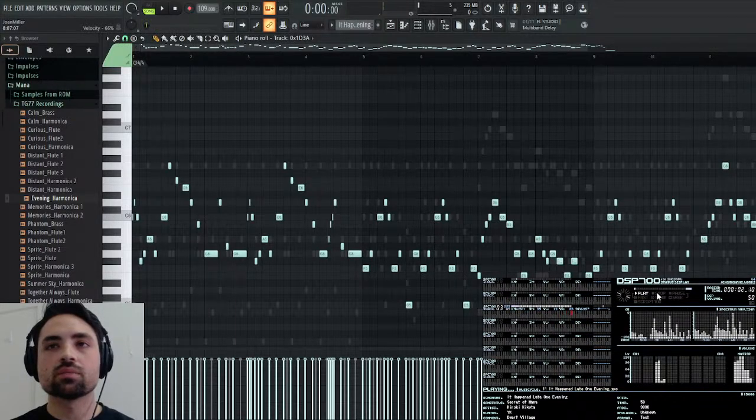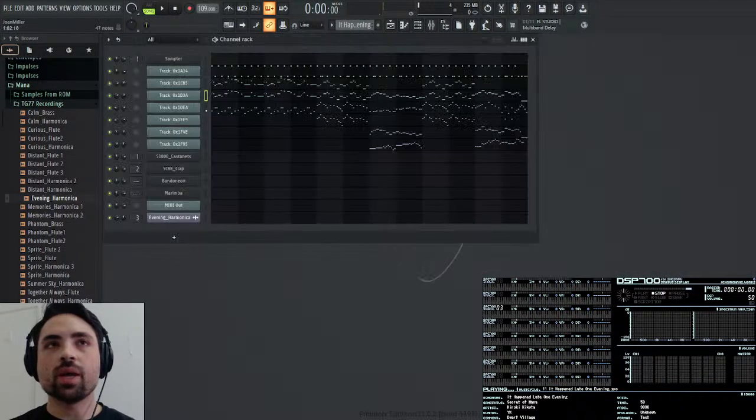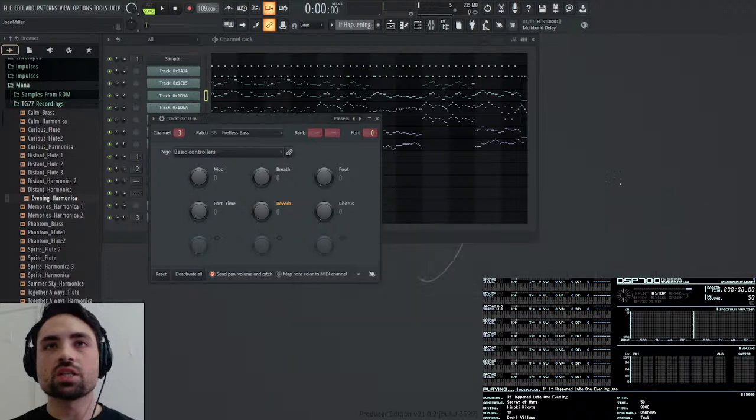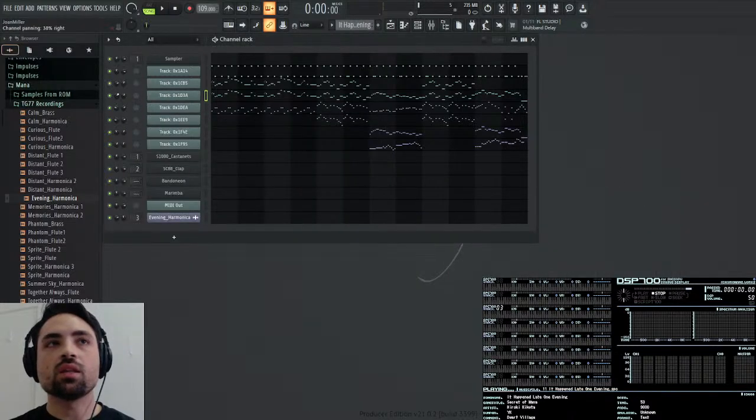I think it never changes if I'm not mistaken. Let me check the patch log to make sure it doesn't change at all. No, it doesn't change, it stays the same. And the panning is going to be 38% to the right, so let's copy that over to the Bandonian. It's actually specifically a Bandonian accordion, which is some kind of European accordion.